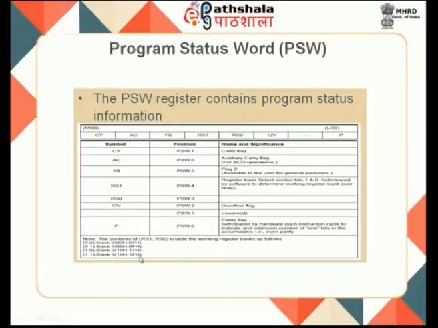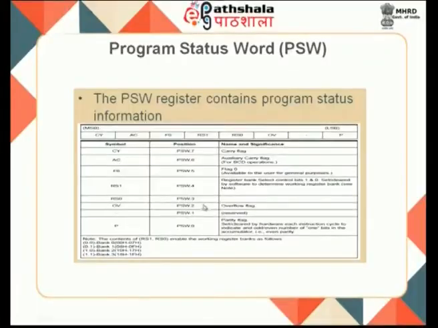So, this will be the place. Based on the value I am putting over here in RS0 and RS1, it tells you where your register is getting stored. So, you remember that when I am looking at a register, this is also a memory place where I will be storing all my data.